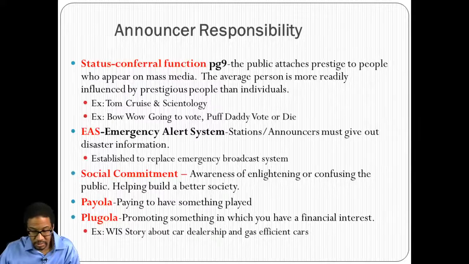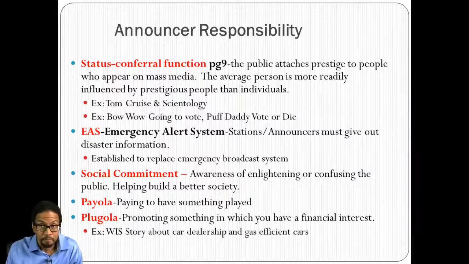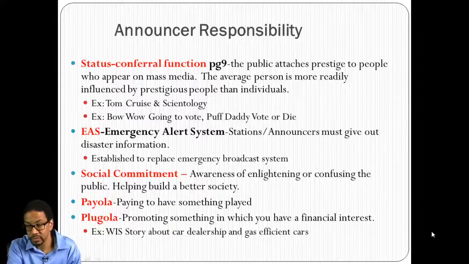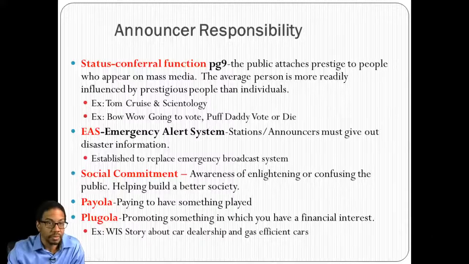Station managers send out a list: if you deal with these particular topics, you might want to give our clients, the people who buy ad time, a heads up, or maybe go to them. That wasn't a good ethical practice, but it occurred. Normally, though, for an announcer or a journalist, you're not supposed to be doing that. Anyway, I'm going to move on.